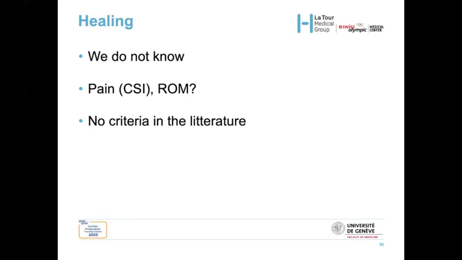I don't know if the patient is healed when he doesn't have any more pain, when he has complete range of motion, partial range of motion, both. There is no criteria in the literature. This is something that I try to understand. And if